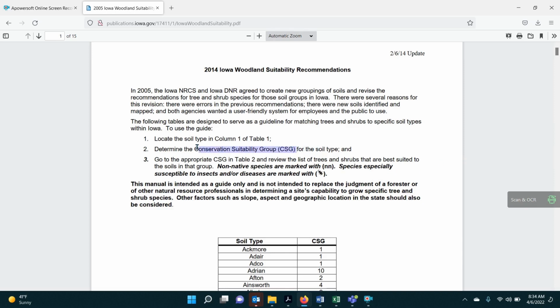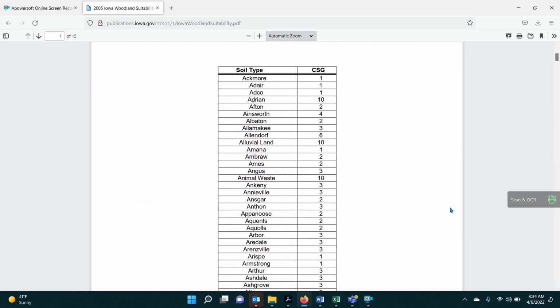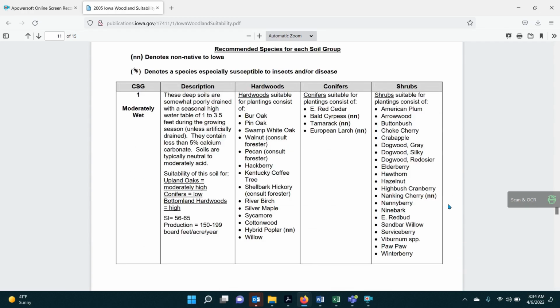Once we know the soil types in our area of interest, we can cross-reference the soil type using the Woodland Suitability Guide, which will give us a Conservation Suitability Group, or CSG number, for each soil type. The CSG corresponds to recommended hardwoods, conifers, and shrubs that are suited for that particular CSG and the soils that